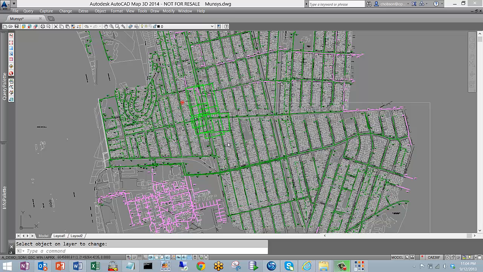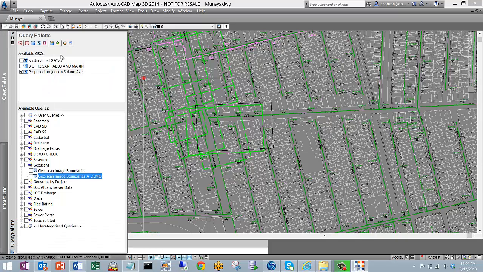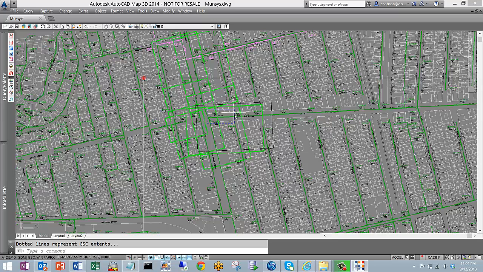What you see on the screen here is images for a specific area indicated by this little blue line. Let me zoom in on that so you can see it. But right here, if I show the active geographic search criteria, these postage stamps or green boxes and the black one indicate all data of record that we have as builts for that blue area right there. So as if I was doing a proposed upgrade on that street, this would give me a listing of those